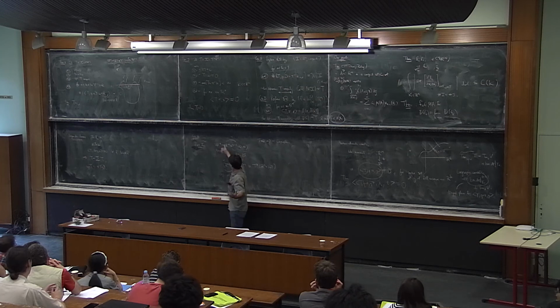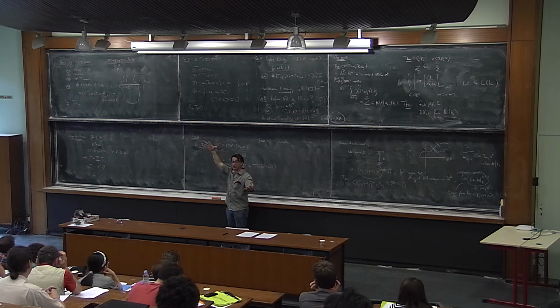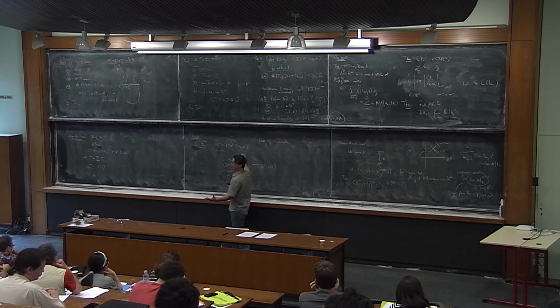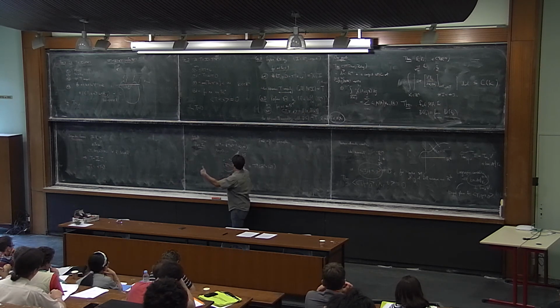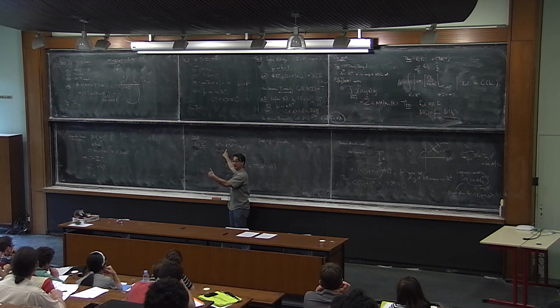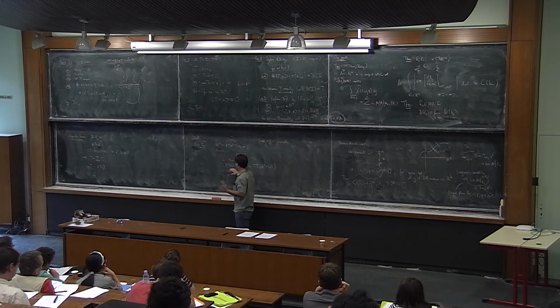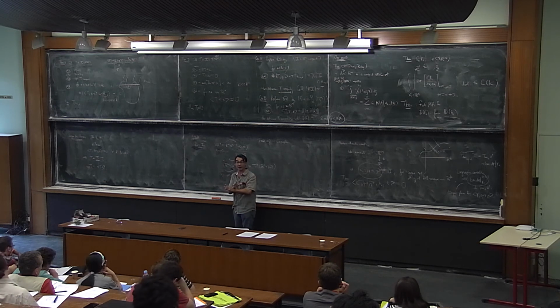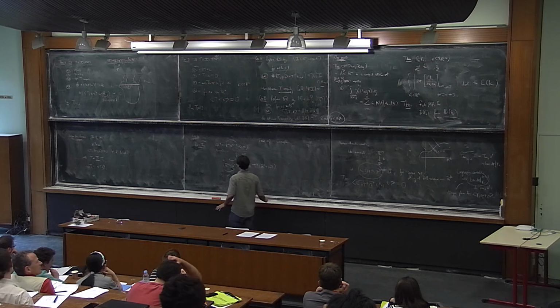So T lives inside here. It's an (n-1)-current inside here. Now I'm going to jack it up by one dimension. Let's add a (0, infinity) here. And then this thing, of course, I can identify with the deleted R^n. And then I'm going to switch the roles of the factors. I'm going to think of this as the base, and this is the fiber. Now, if I do that, I can think of this space as somehow like the cotangent bundle of this object, rather than the other way around. And so now, if I apply theorem B,